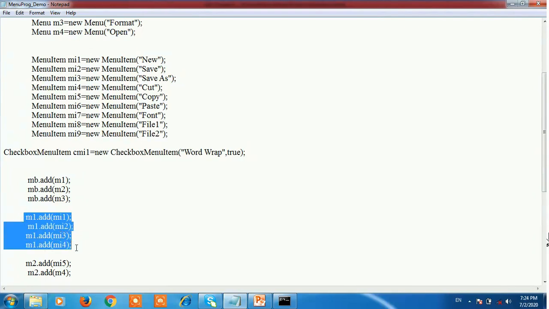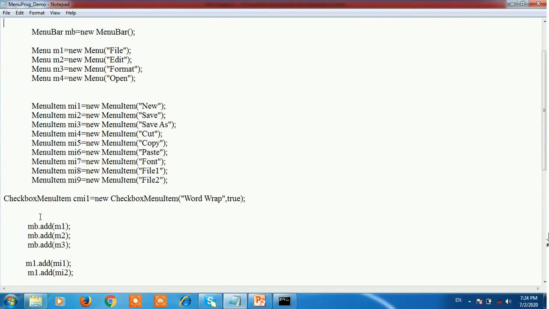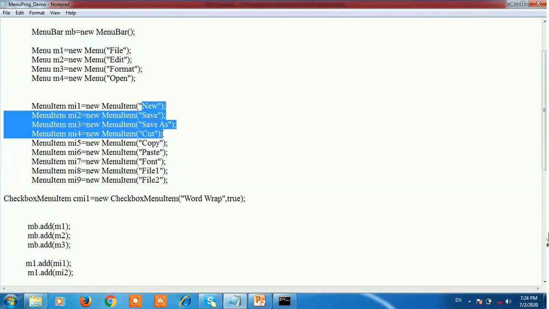So this add method adds the menu items onto the menu. The menu has the title File. In File, the menu items are New, Save, Save As and Cut. These 4 items are in the menu File.